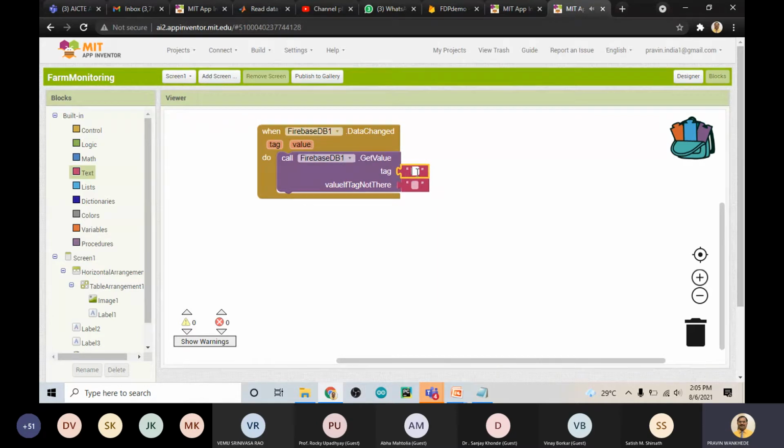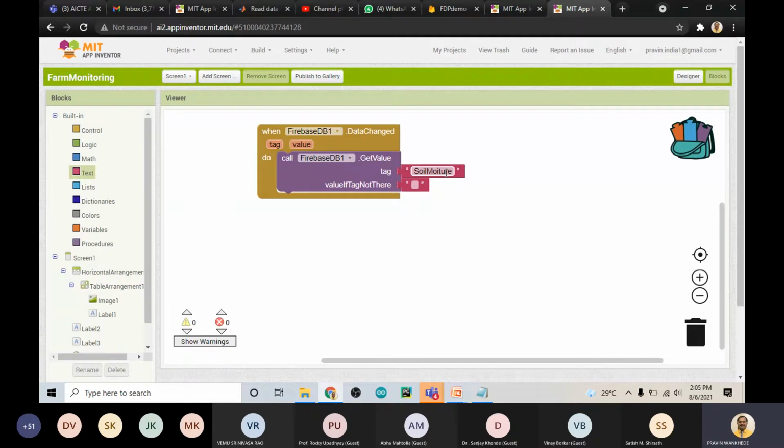Give this any key name. Suppose I want to measure soil moisture, so I have written here soil moisture. I have just created a name with the key of soil moisture.